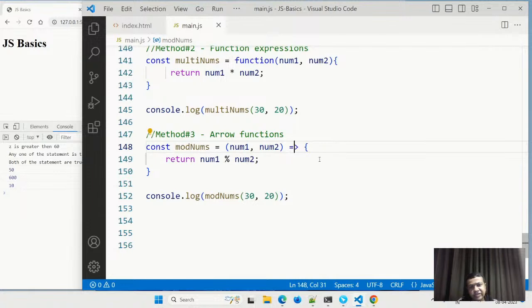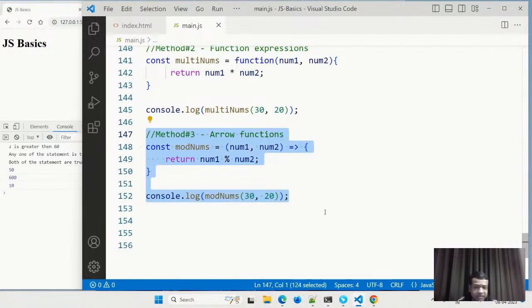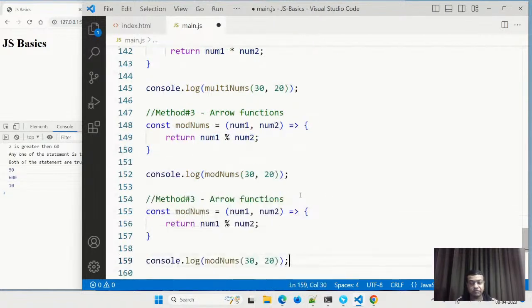This was added because there was some issue in JavaScript with the this keyword. Again, it is beyond today's class. This keyword issue was there. Then it was added. So this is the number 3. Now there is method number 4. Actually, this is related to arrow function only. The method number 4 is known as